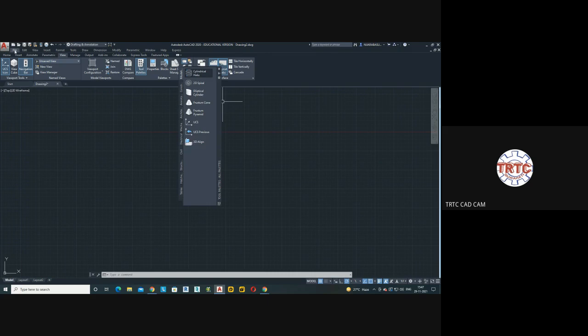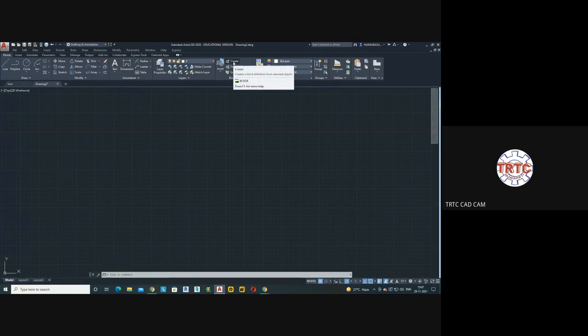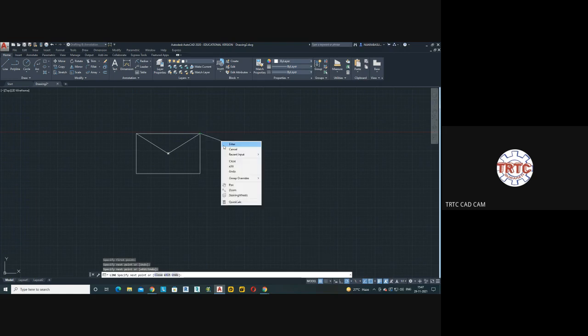One last thing for today, I want to show you the blocks. Okay, the blocks. What is a block? When I told you, what is a block? If you're using something repeatedly, let's say I have designed a logo here. Any logo I have designed. Let's say the mail logo, this one. It's a mail logo. So if I have designed that logo,